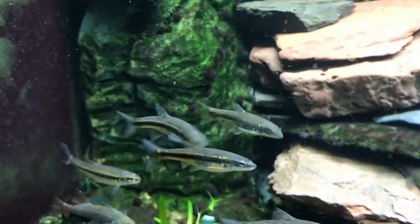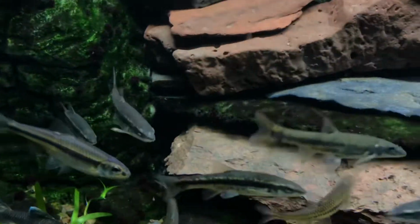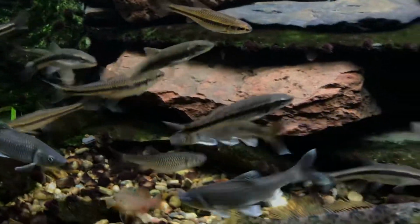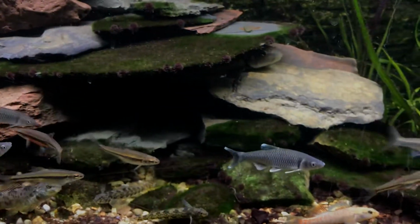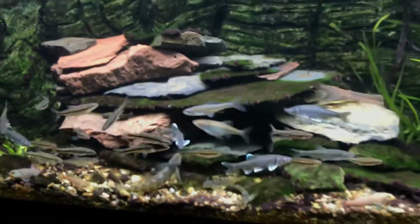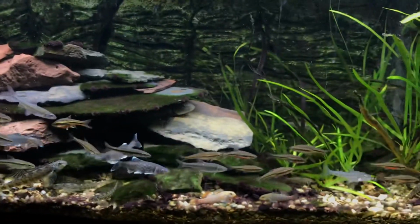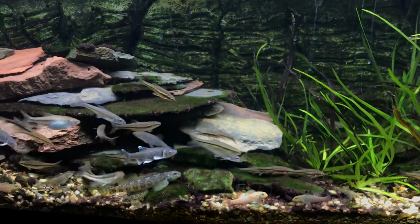Here's one swimming around the front, and they think I'm going to give them food, so they're all coming to the front. I have one casualty that I had to put in quarantine. One of my satin fin shiners is acting goofy. It's just swimming in circles, turning left, kind of like a NASCAR driver. So I'm not happy about that, but